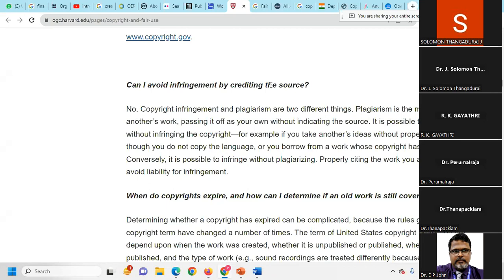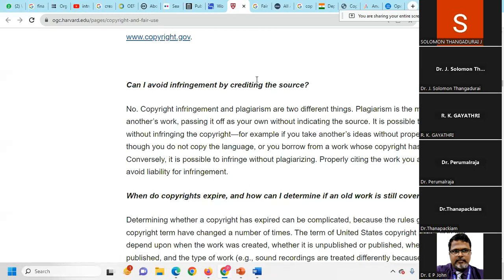Again, I'm telling, it doesn't mean we are avoiding copyright infringement. Even if you put a source, it doesn't mean you are not violating the copyright.